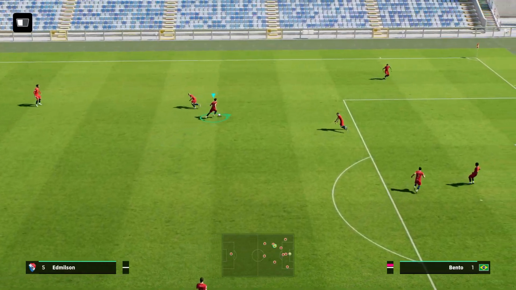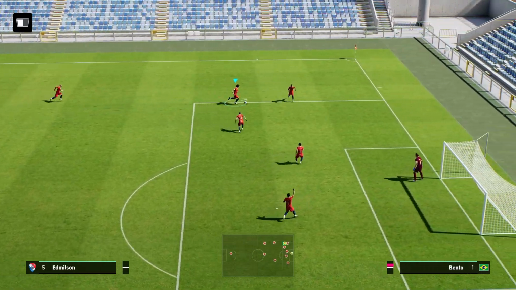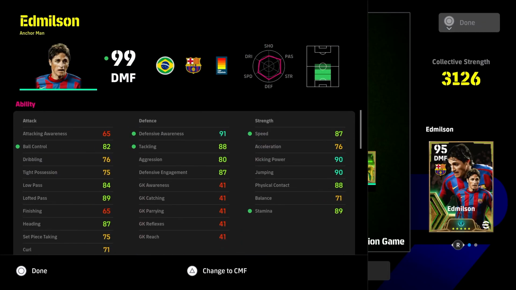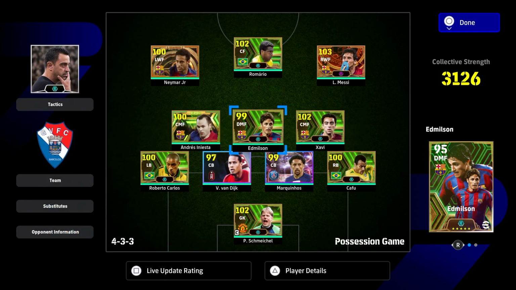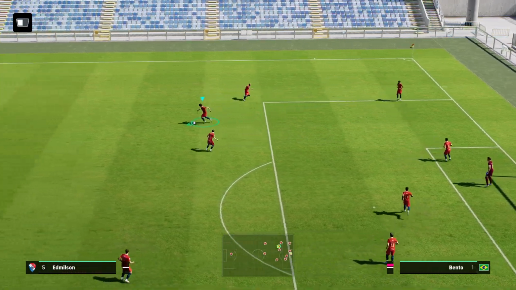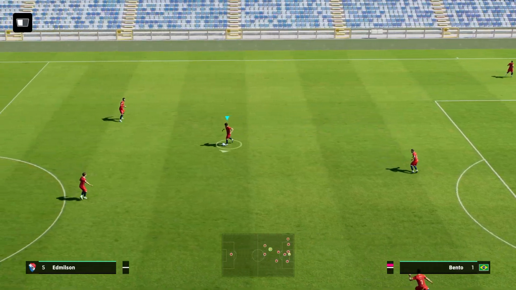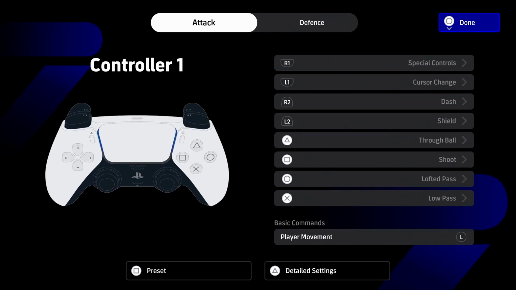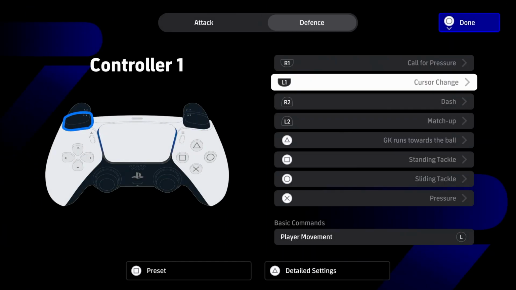So as you know, normally when you hold sprint, your player just runs. I'm using Edmilson, by the way. He has good ball control, really low tight possession, and really low dribbling. So as you can see, this is me running normally. And then for those of you who know, in order for this to work, you'd have to use R2 to sprint,